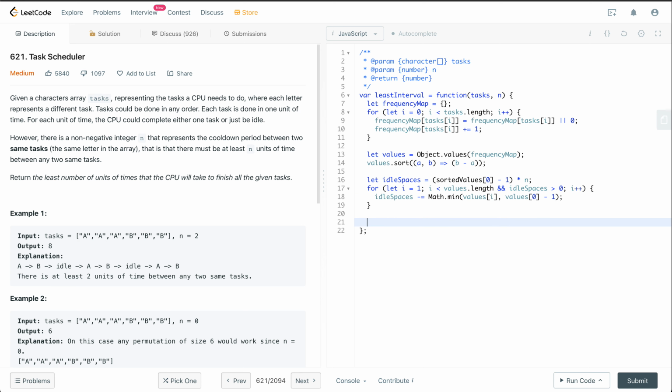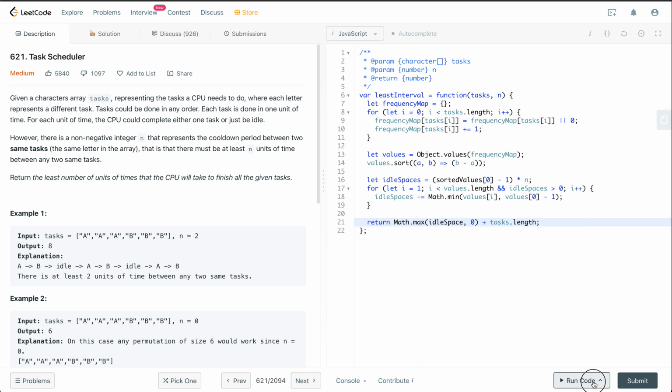At the end of the loop, we are going to return math.max between idle spaces, let's say if it has gone beyond 0, so we'll take 0 out of the 2, plus tasks.length. So that should give us our answer.